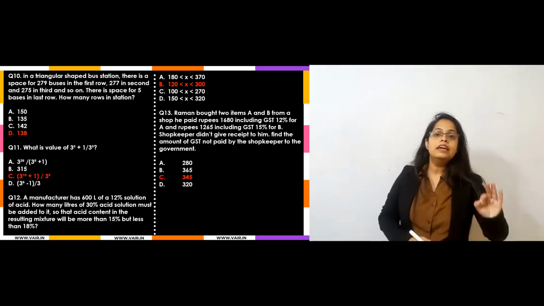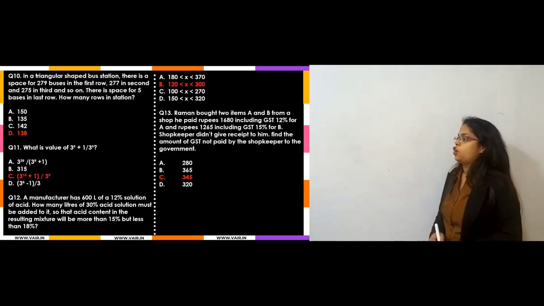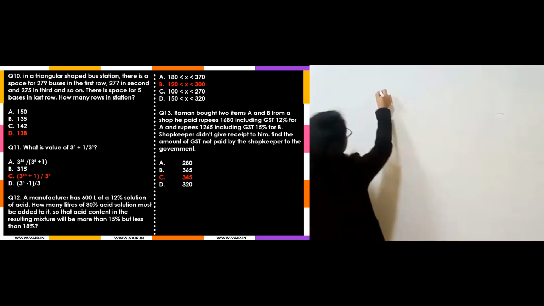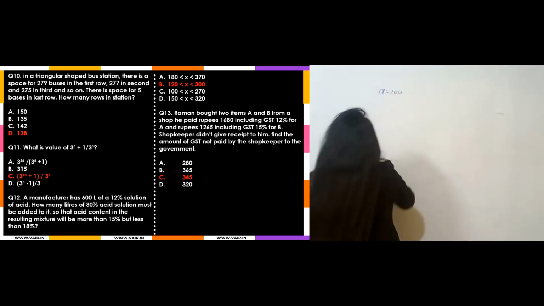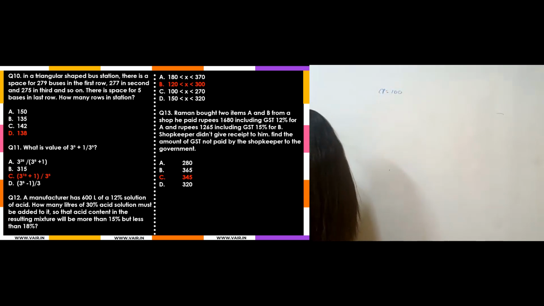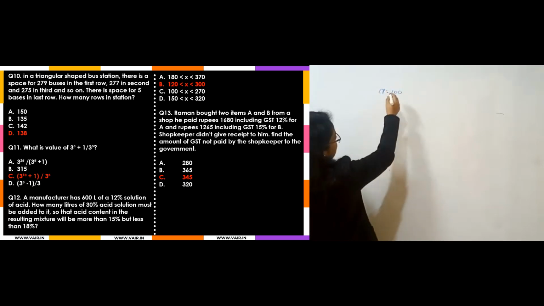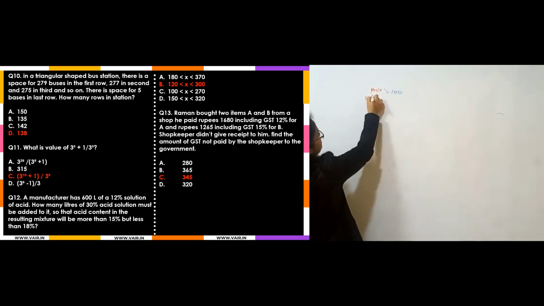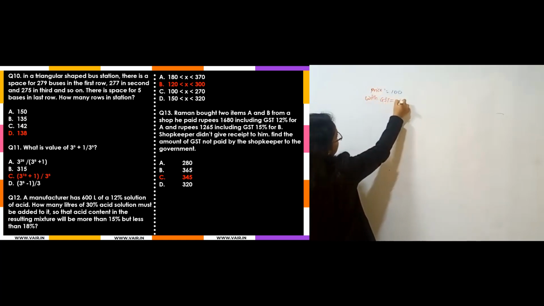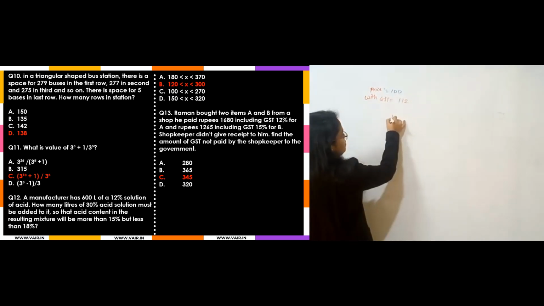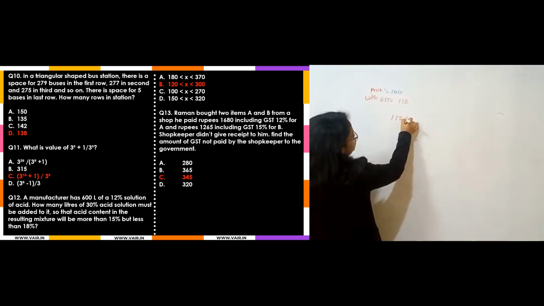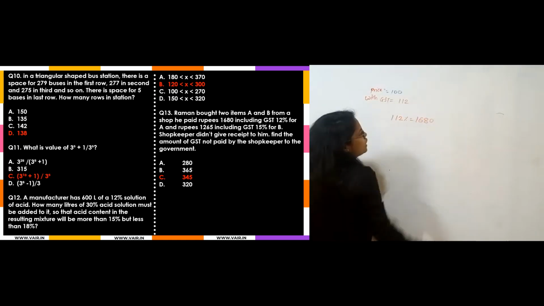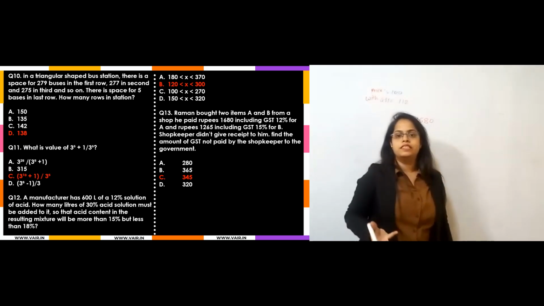Now what I know is that he is taking a GST of 12%. So if the price was 100, then after adding the GST, what will it be? It is not the cost price actually. We can say that if the selling price was 100, with GST it becomes how much? 12% means 112. So simply we have to find out if 112% is equal to 1680. We have to find out only the extra amount, which is the GST.